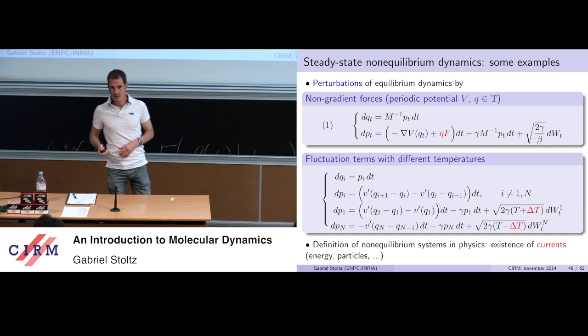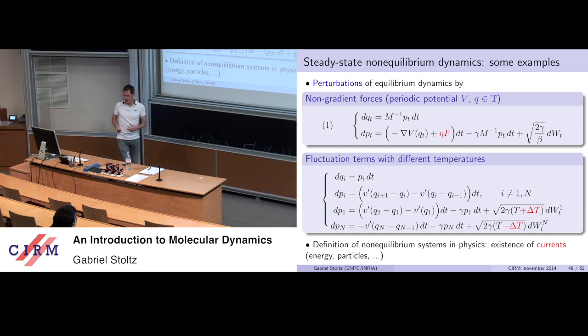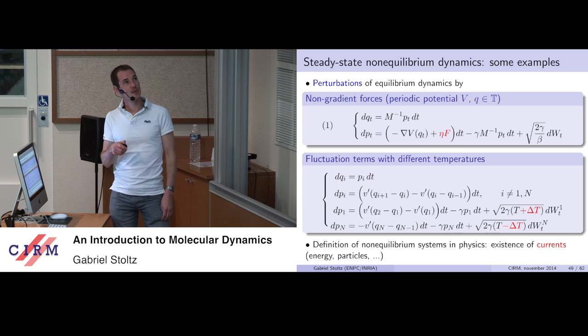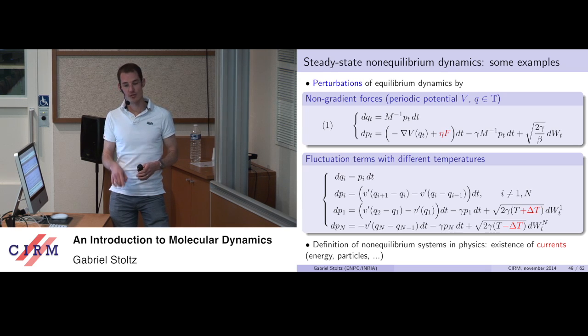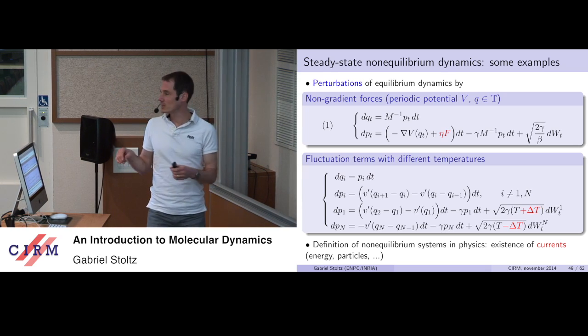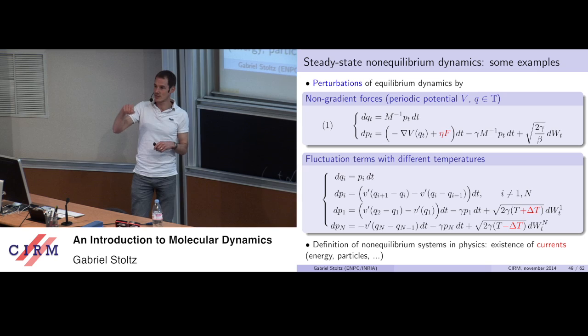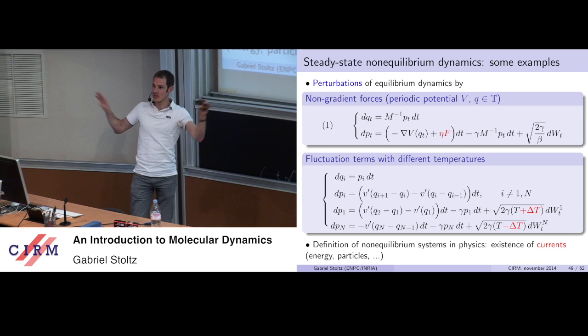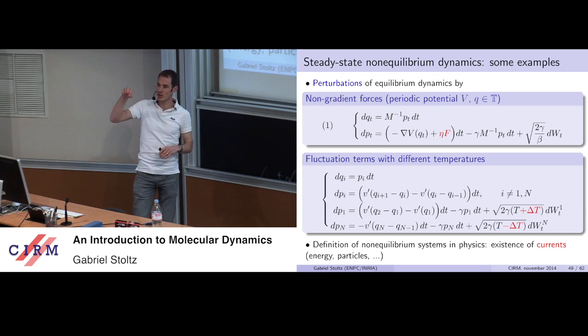So, two examples. It's good to have an example to motivate everything. And maybe let's focus on the first one. So it's the Langevin dynamics in black, the one we've seen before. And now what I'm adding is some constant forcing in some direction F. So think about one particle in a periodic box, which we periodize over full space. So let's think about one particle in the full space in a periodic potential.